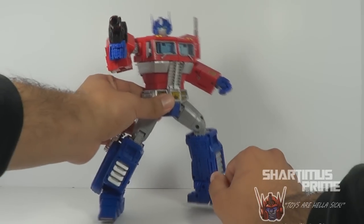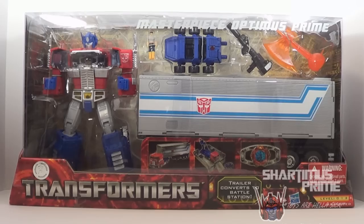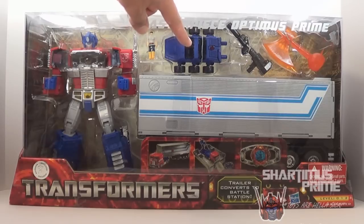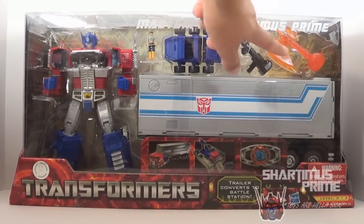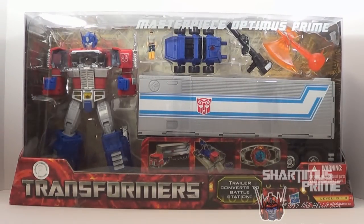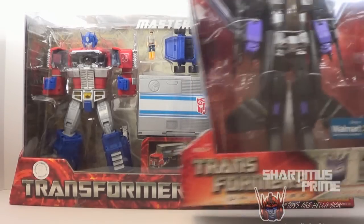show off the box, and get into all the little accessories that he comes with. I usually don't show the packaging for figures, but this came out just too cool to leave it alone, man. Got Optimus Prime over here with the Matrix of Leadership popping out. Got Spike Witwicky, we got Roller right there. You got the Optimus Prime blaster, you got the Optimus axe right there. I think this just came out too cool, and I really like how it resembles the original Hasbro